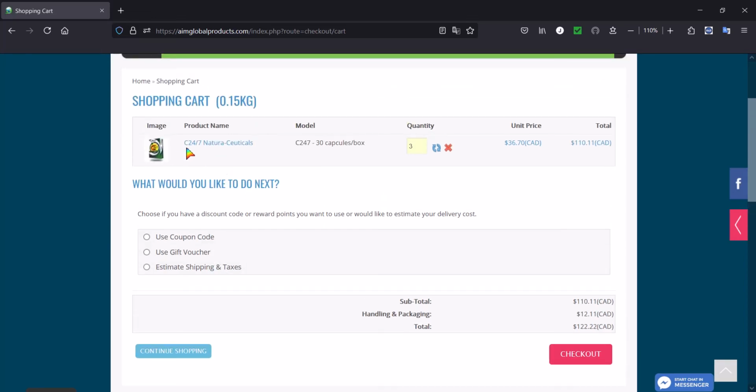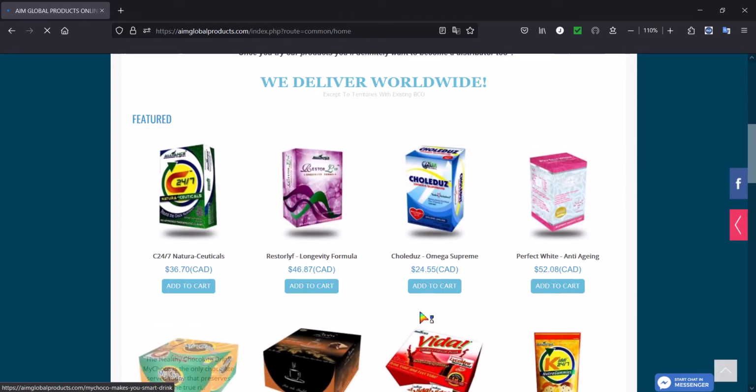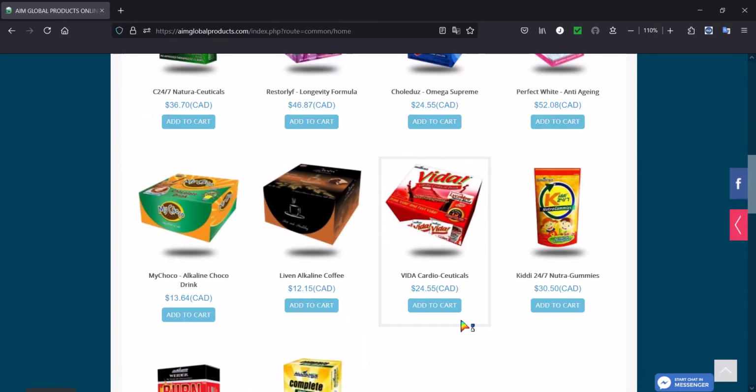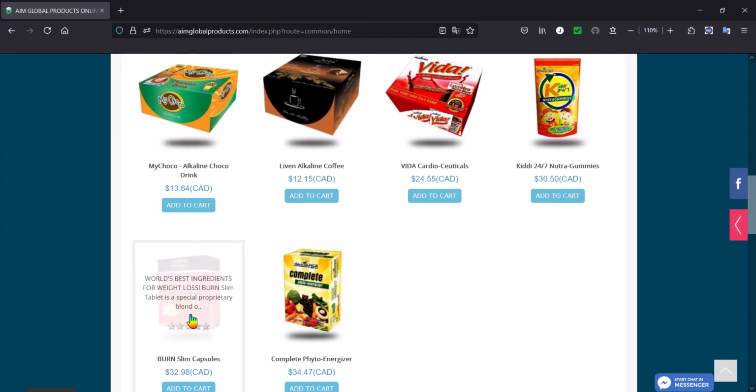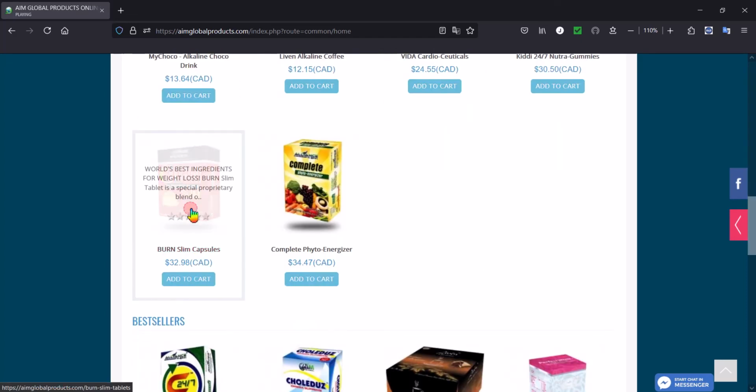And if you are considering purchasing other products, you should click this button here, continue shopping. For example, we want to buy another product in your cart. Let's just say you want to buy burn slim capsules, for example. It has 29 vitamins and minerals. You click